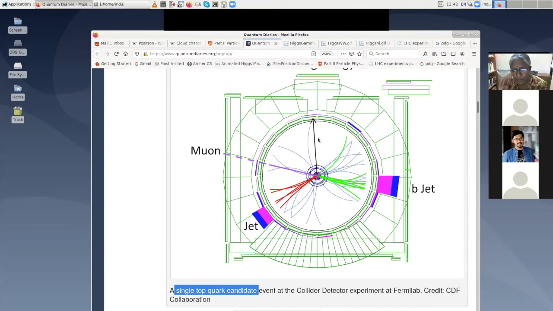I don't want to spend too much time on this, but I want to show you how these work. You can see this is actually the beam pipe they have drawn. The central part is always tracking, then the electromagnetic, then finally the muon return yoke and stuff like that. Okay, so the detectors are very similar in kind.